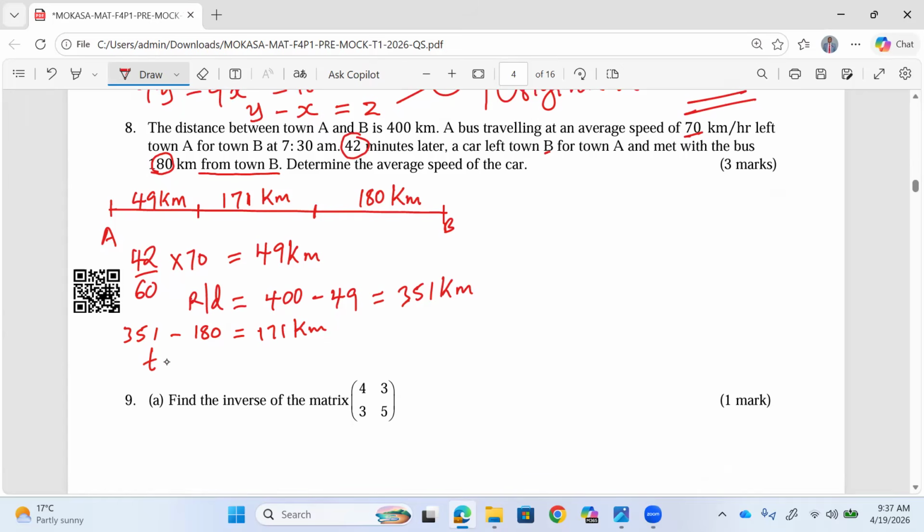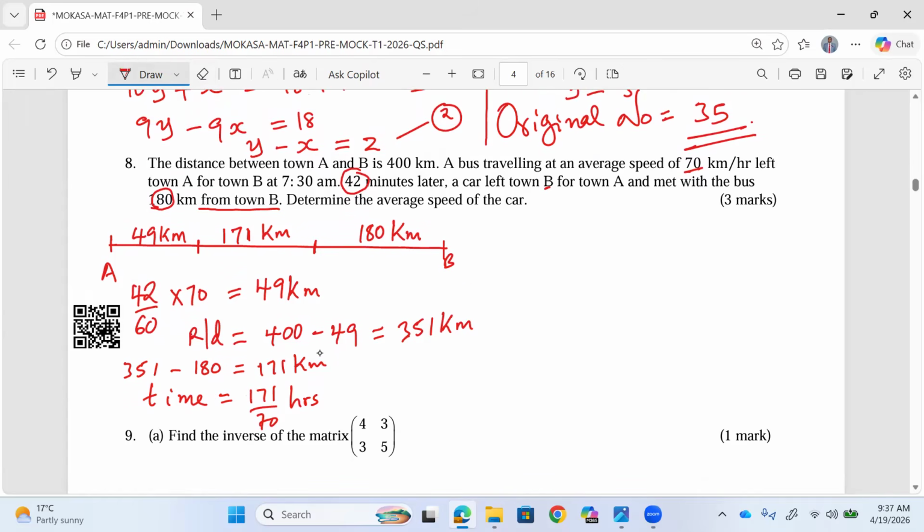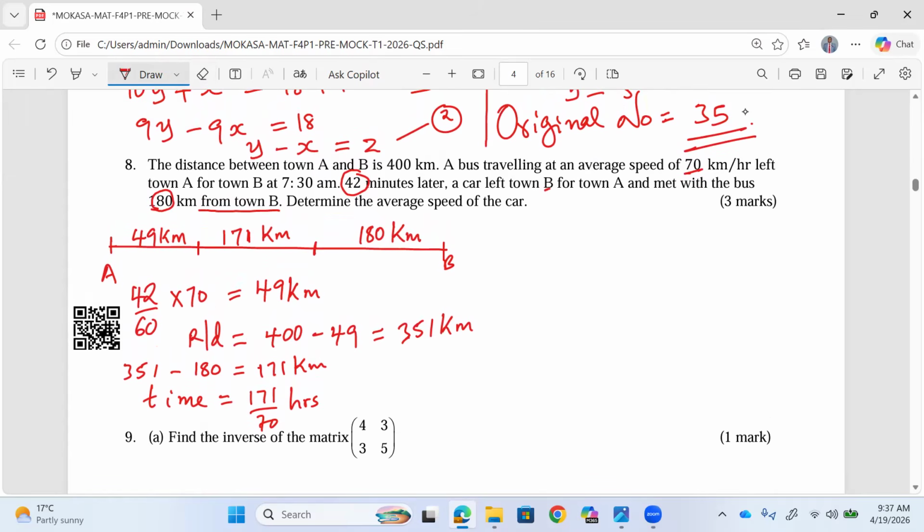So time is usually given by distance over speed. The distance of 171 over the speed of 70. We get the time in hours. Naturally, to avoid rounding off, we can use it as a fraction. So this is the time taken by the bus to cover the 171, meaning that within the same time, within an equal time, because they are both moving,